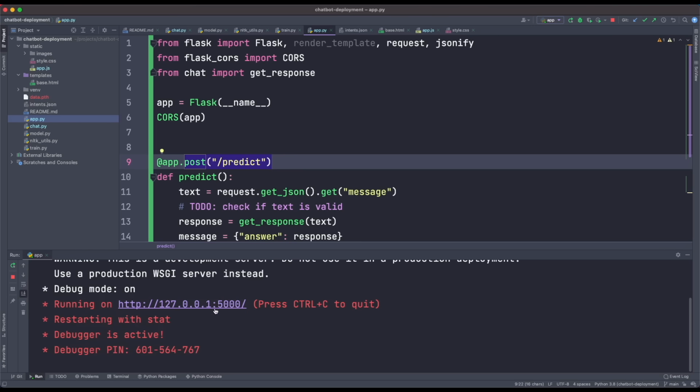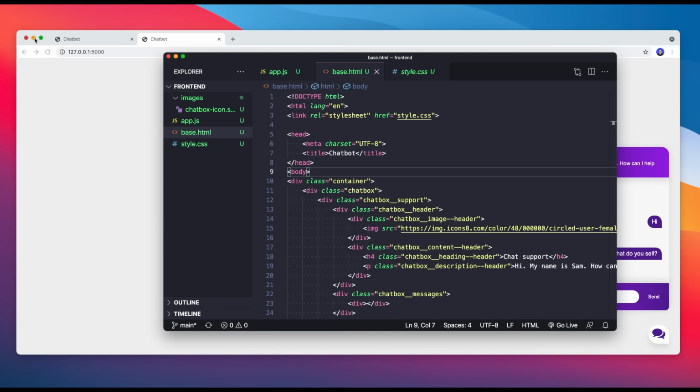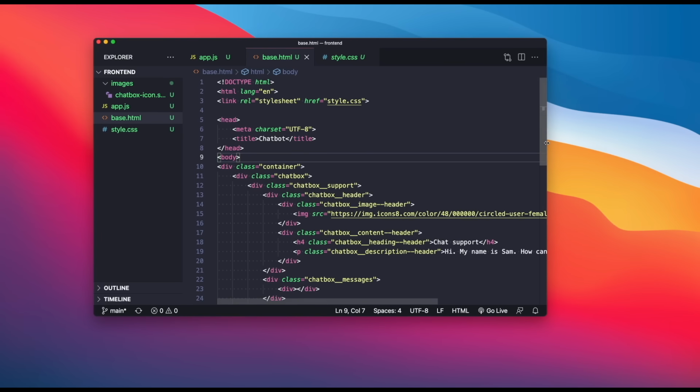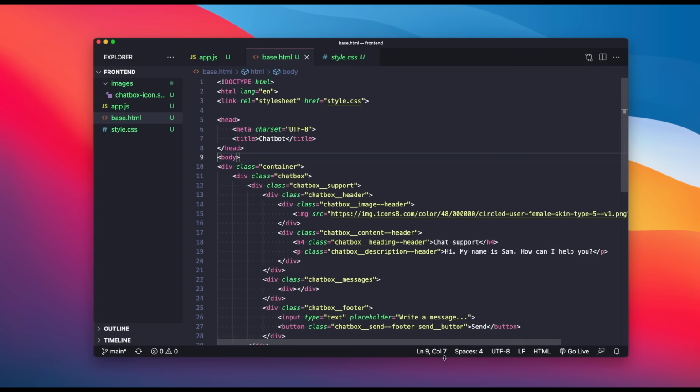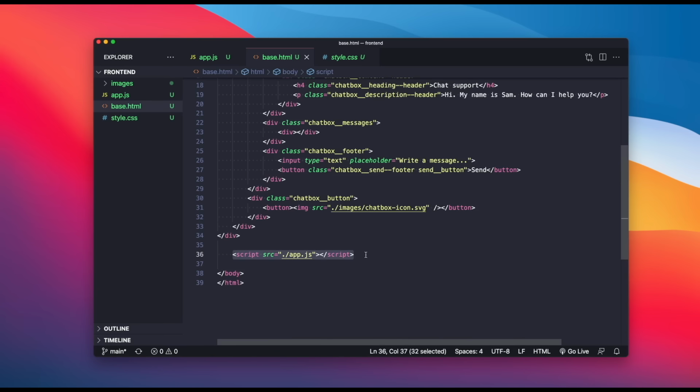And now this is running in the background. And now I will open a completely separate front end. So now here, our Flask app is running in the background. And now here I have a completely separate front end. So here we just have HTML, CSS, and JavaScript and our image. And now the only difference is that in the HTML code, we can use the normal syntax and simply include this with the normal href. And the same for our